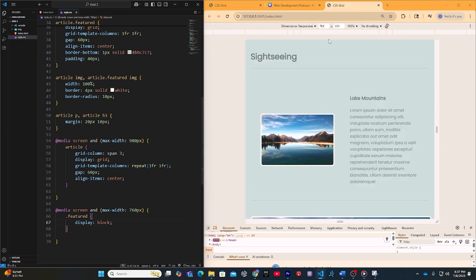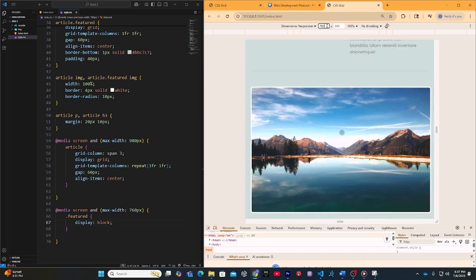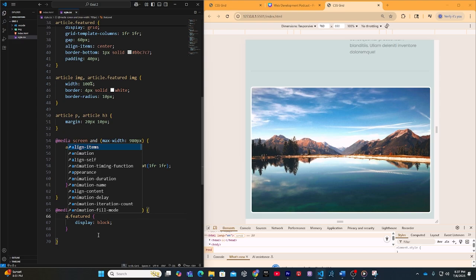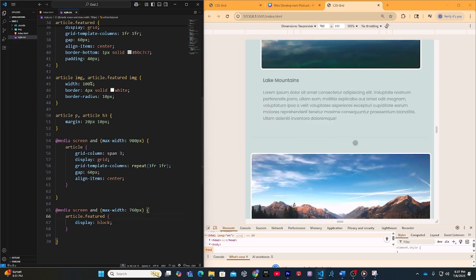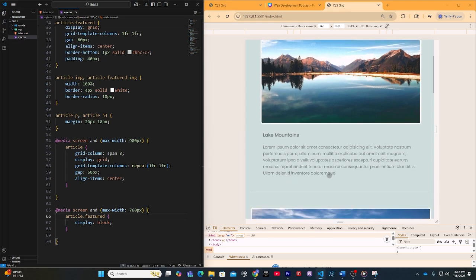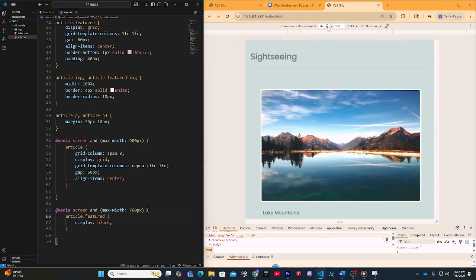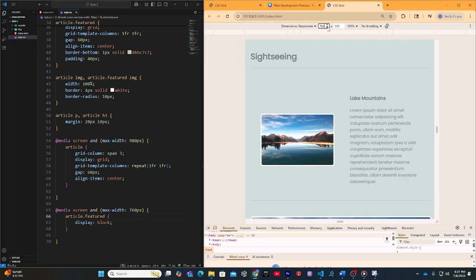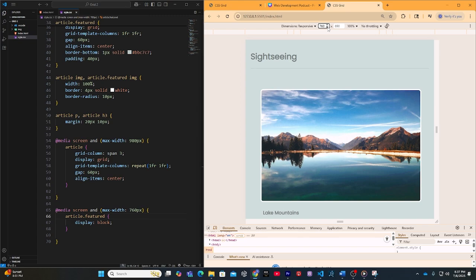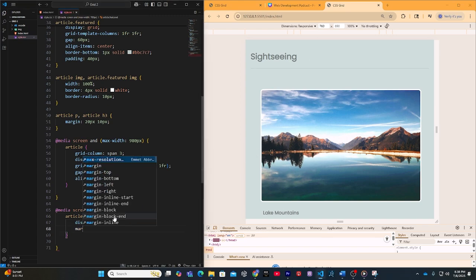Now let's change it to 760, and right now we have to change this to article featured. Article featured. Now 761, 760. All right, and then we'll just add a little margin to it,